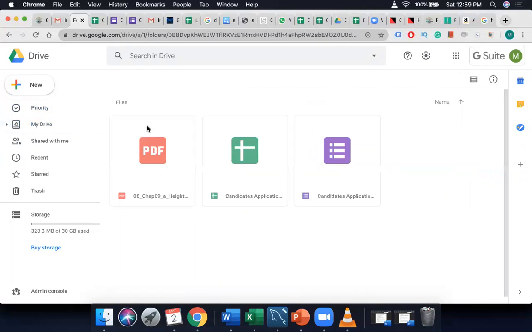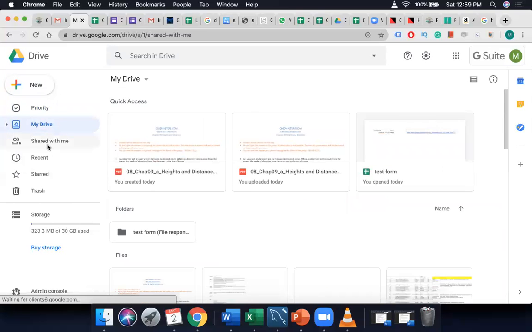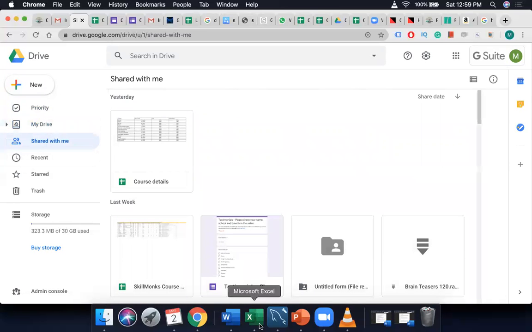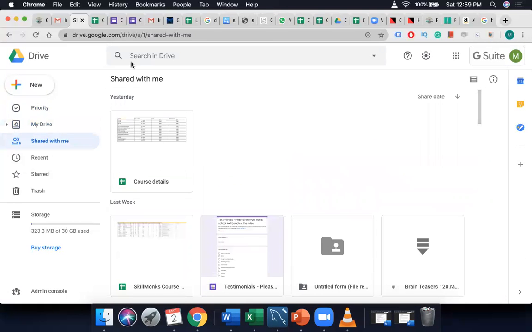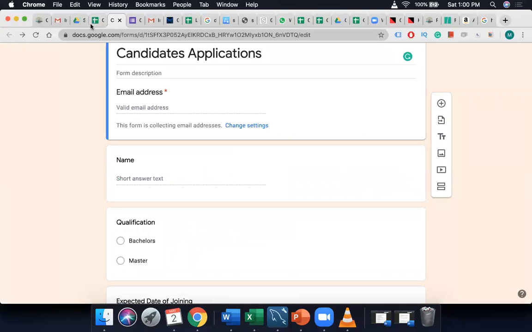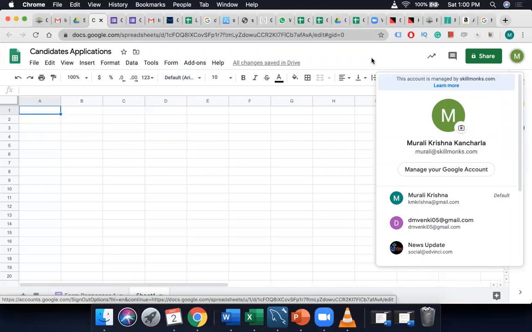Folder, file responses, candidate applications. Second one. So this is the Excel, no? Where is that folder? It should ideally be there in that folder. Which email ID is this? Skillmonks only. I created this also with Skillmonks, right?